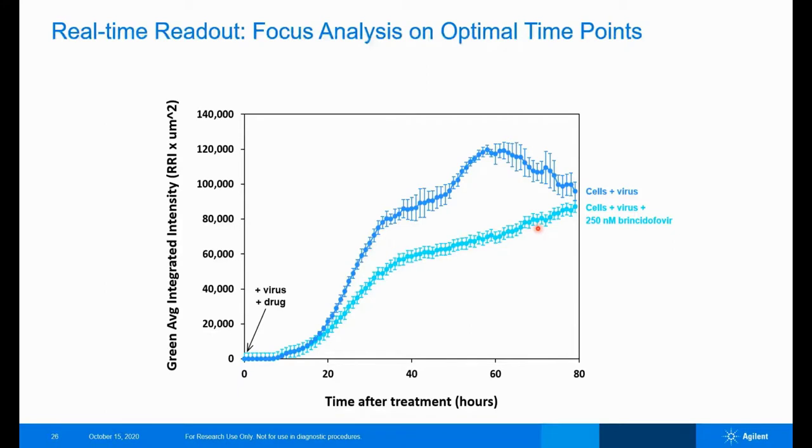If you happen to be doing this assay in an endpoint format and you chose somewhere around 80 hours for your analysis, you would see that the two types of data are very similar to each other, and you would conclude that this drug is not effective. In contrast, if you analyzed out around 50 or 60 hours, you would see big separation between the two data sets, and you would conclude that the drug is indeed effective. This just highlights sort of the danger of an endpoint assay. Not being able to see the full continuum really puts you at risk of drawing spurious conclusions.